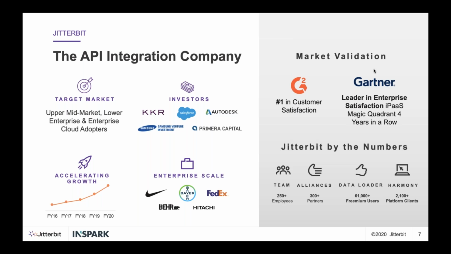I think now the market is changing a little bit, and market is trying to find solutions and companies, vendors who are more flexible, who are more agile, who are more boutique, but still widely used by a big audience, proven success. So I think that's what I see, by the way, with Jitterbit.